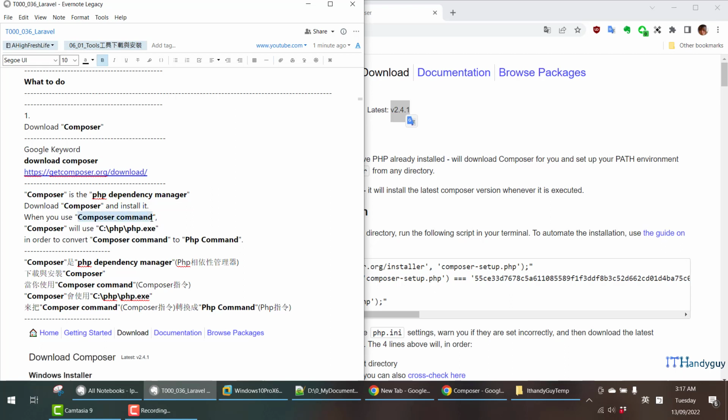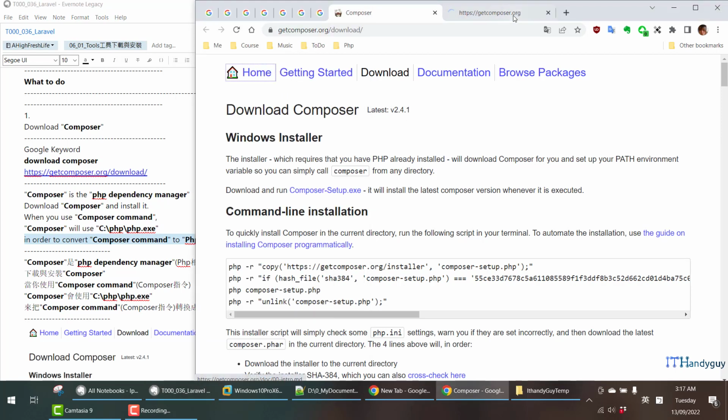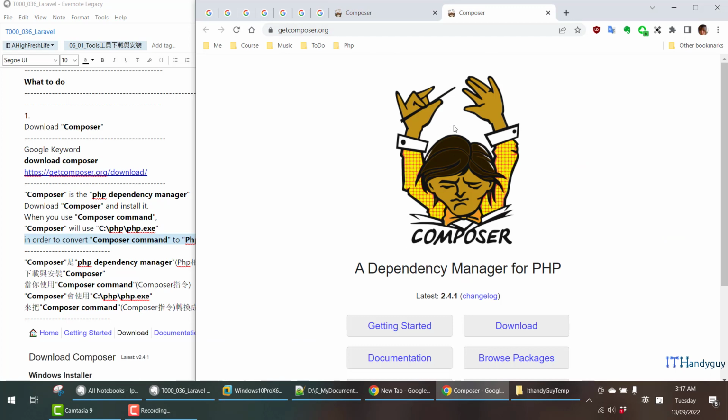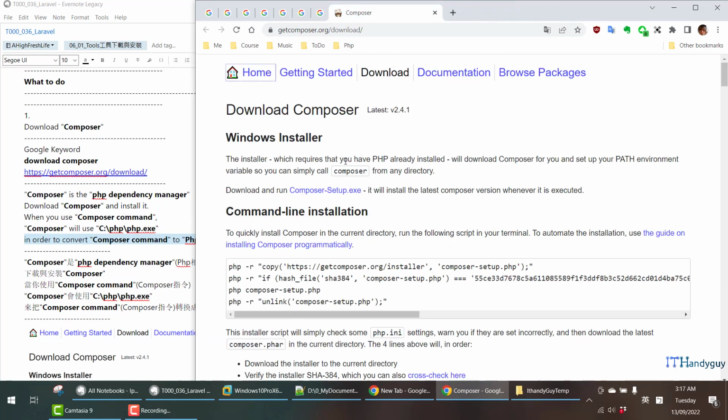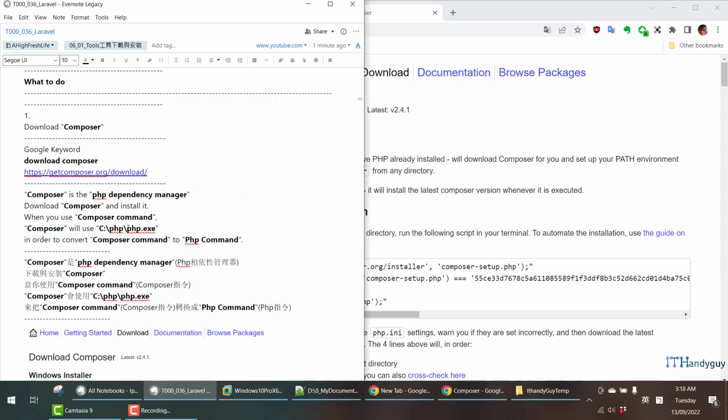When you use the Composer command, Composer will use php.exe in order to convert the Composer command to a PHP command. Okay, what does that mean? This is the Composer logo. You should see this logo all the time. And when you install Composer, it will ask you where your php.exe is. And then after that, you can type like